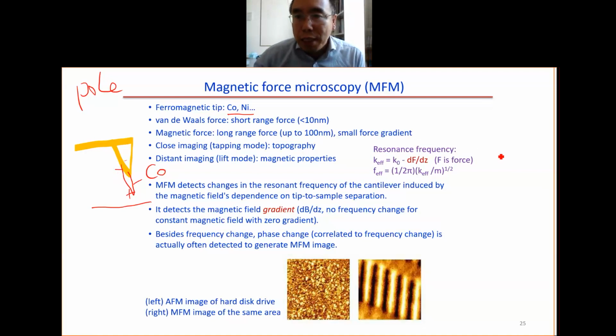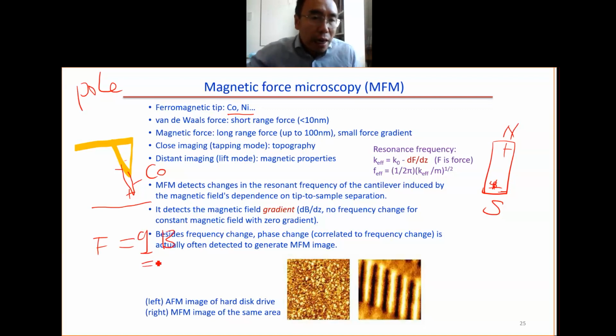We know that for the magnet, we have the north and the south. Sorry, this should be negative here. You can see we have this north pole here. Then the force will be given by